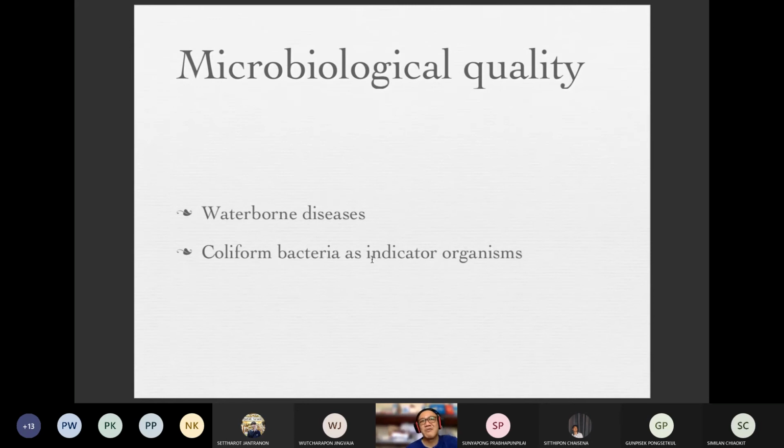Last year, before the outbreak of COVID-19, I investigated samples from